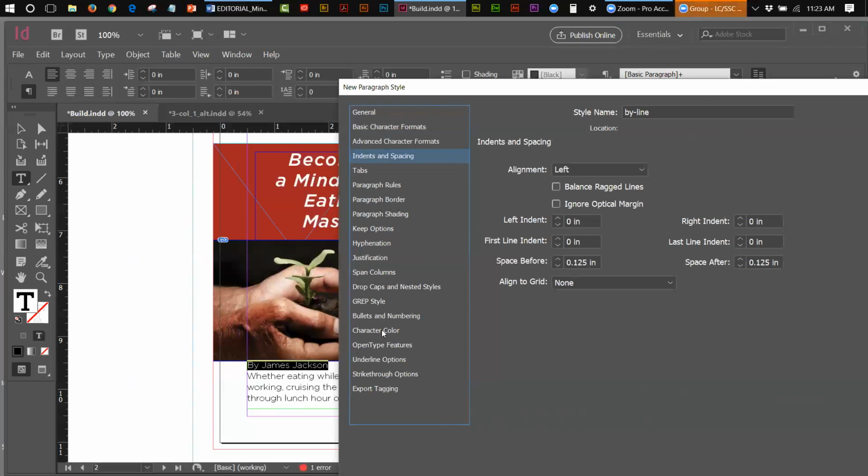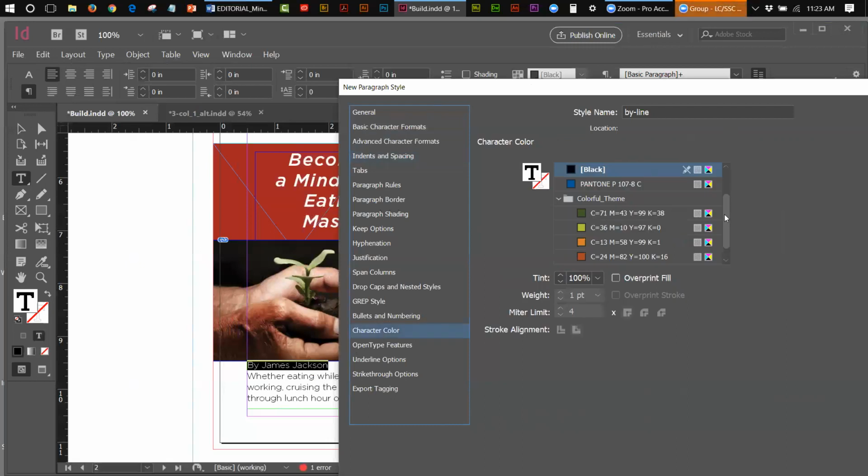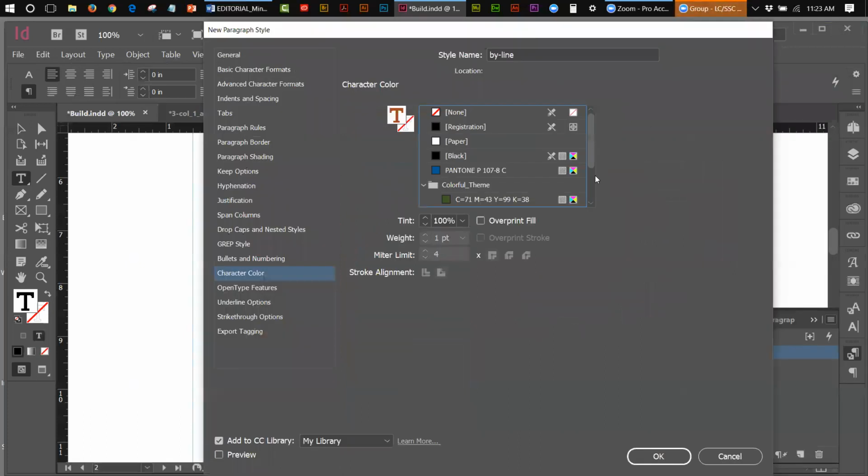Now, there's one more thing that I know I'm going to do with this, and I'm going to go to character color to do it. I have these great colors that I've imported, and I'm going to show you how I did that momentarily. I want it to be that nice, I believe it was the orange color that I was using right there. So I'm going to click on that orange color, and now that color will become orange. And if I go OK,